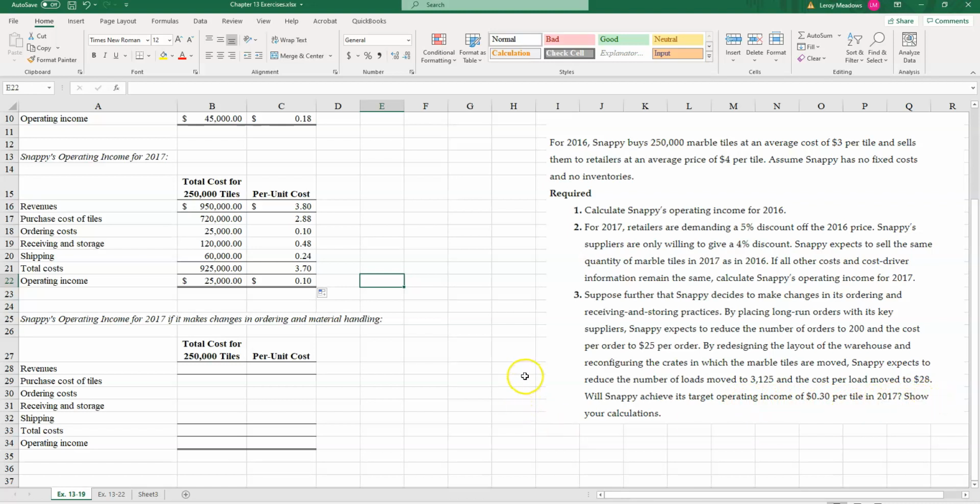So basically, we're taking the changes in requirement 2 here. We're going to continue our 5% discount off the 2016 price, and we're going to accept, of course, our supplier's discount of 4%. So we're going to assume those same things in this scenario,